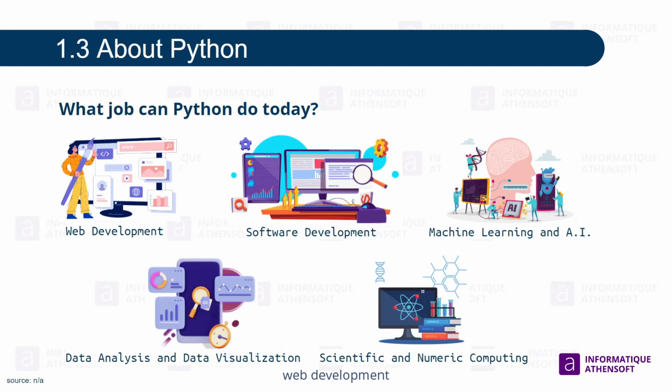Web development: building web applications using frameworks like Django and Flask. Software development: writing scripts, tools, and applications for various purposes. Machine learning and artificial intelligence: creating models for predictive analysis, natural language processing, and more with libraries like scikit-learn, TensorFlow,